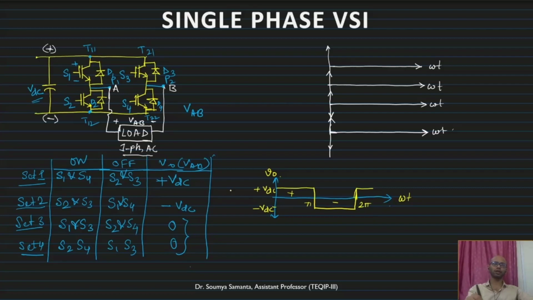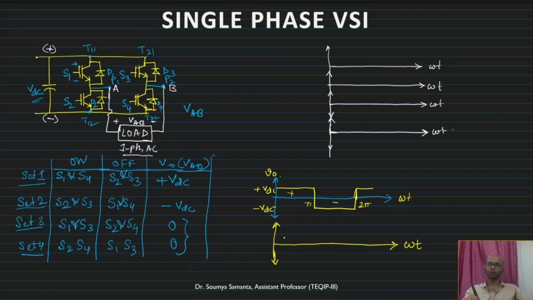So one more thing, you may see that there is no diode operation here. Now where the diode operation will happen? I have given hints in the last class, that if our load is R, then there is no requirement of the diode conduction. But if the load is RL, in that case load current will be bidirectional.